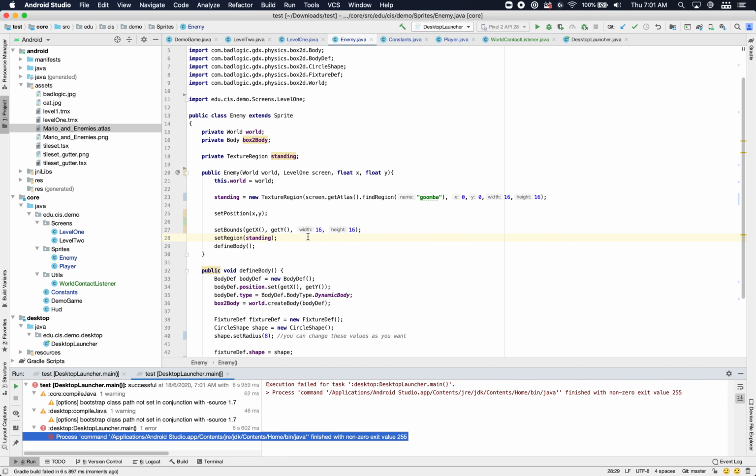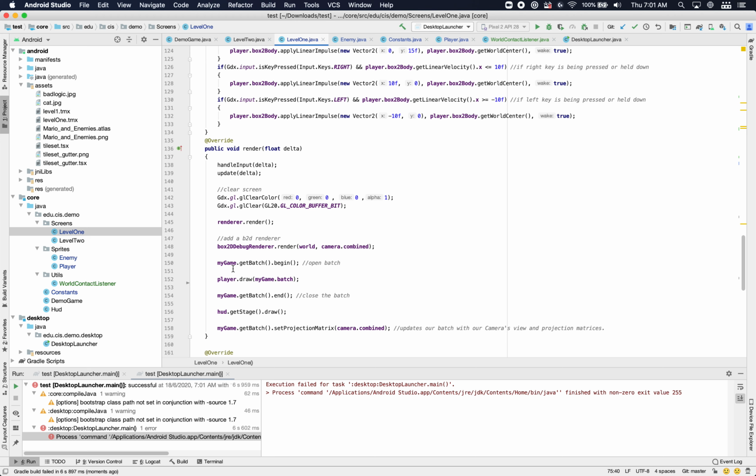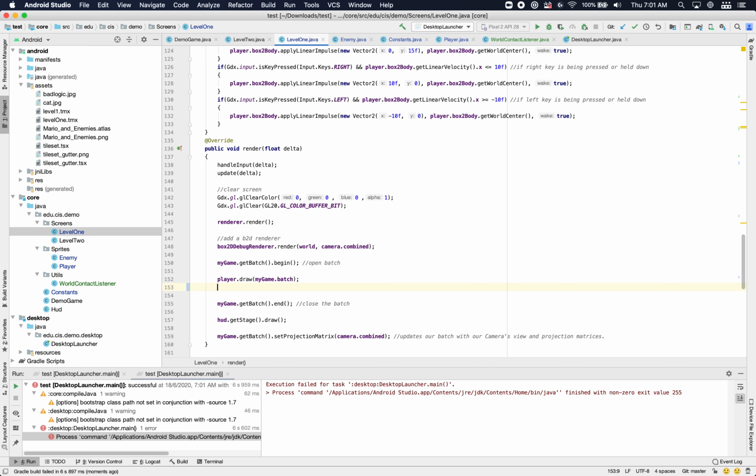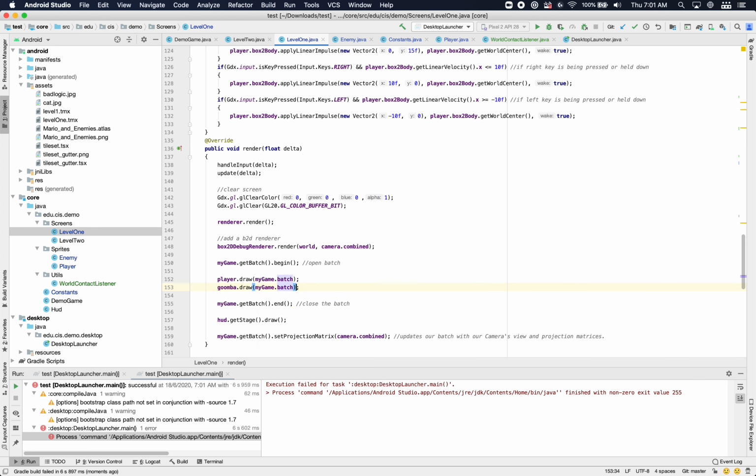And there's a couple of reasons why the textures are not showing. First, we are not drawing this enemy in level 1. So we're creating it, but we're not drawing the graphics for it. If you notice here that we have this batch, this batch is opened up, but it's only drawing the player. So we're going to want to draw Goomba, draw my game batch. So Sprite has a draw method that needs to know which batch it should put all of its graphics into. So we pass in the batch into the draw method for this sprite, and now it should try to draw